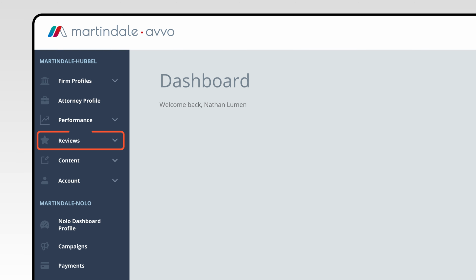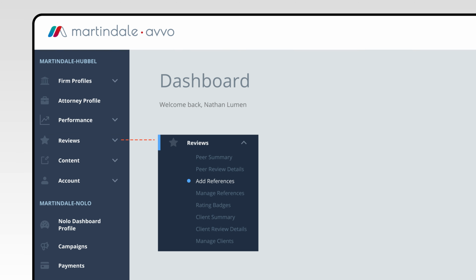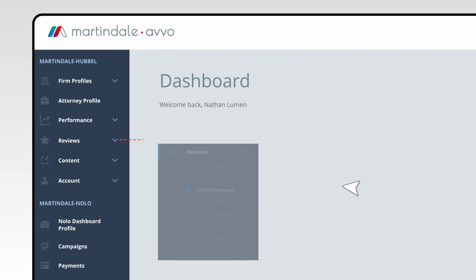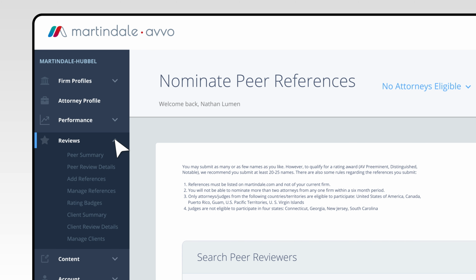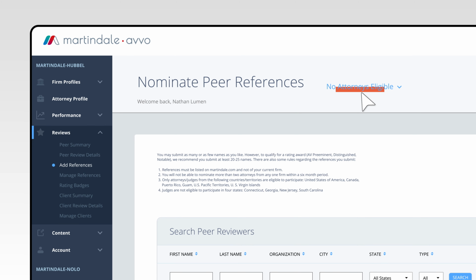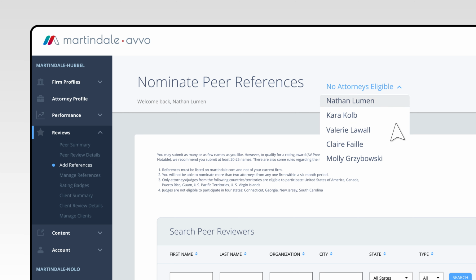The left side panel Reviews section may already be expanded, like so. If it isn't, simply click Reviews under the Martindale-Avvo heading and select Add References from the submenu. Before entering any additional information, confirm your name is at the top of the page, next to the Nominate Peer References header. If there are multiple attorneys in your firm, you may need to click on the drop-down menu to